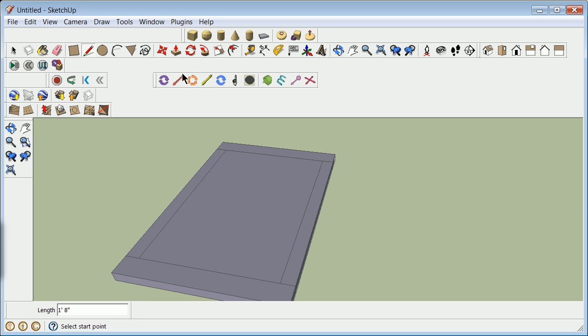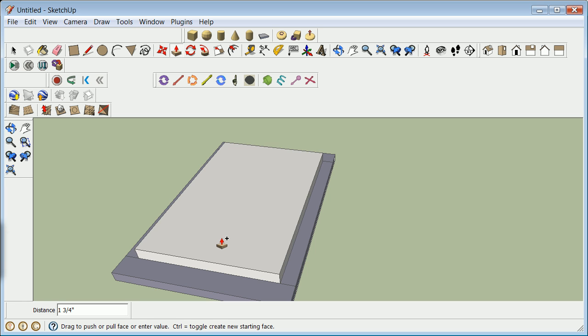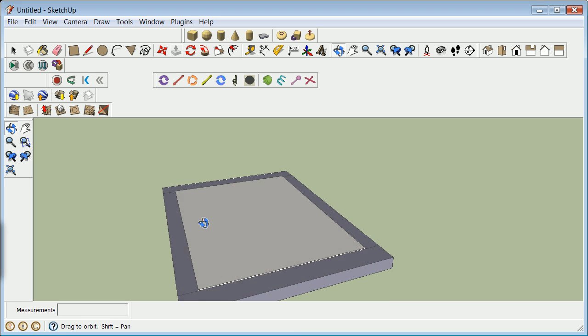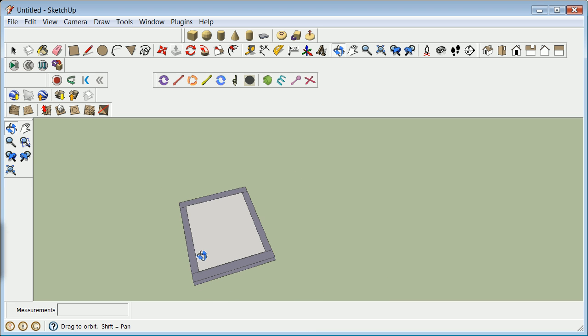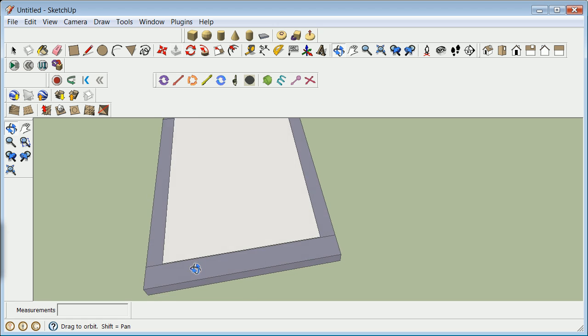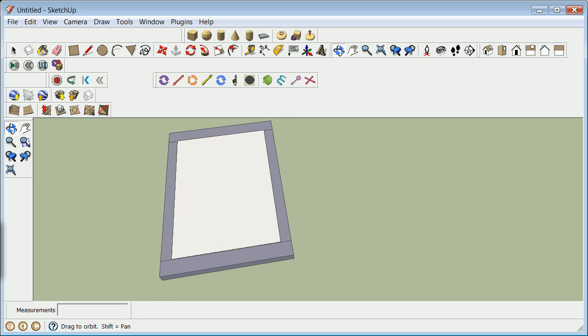Now I can actually go ahead, and I'm going to try to use the control key when I do the push this time. So when I go here, I'm going to hit the control key, I'm pushing it up. I'm going to make that maybe 1/8 inch glass. That's 1/8 inch thick. I'm going to now make that a component, and then I'm going to drop it down, because in the end I'm going to want to shrink it down a little bit. I'm going to grab all of it,